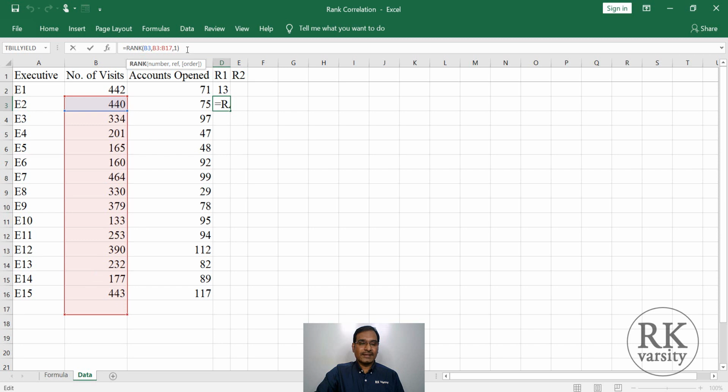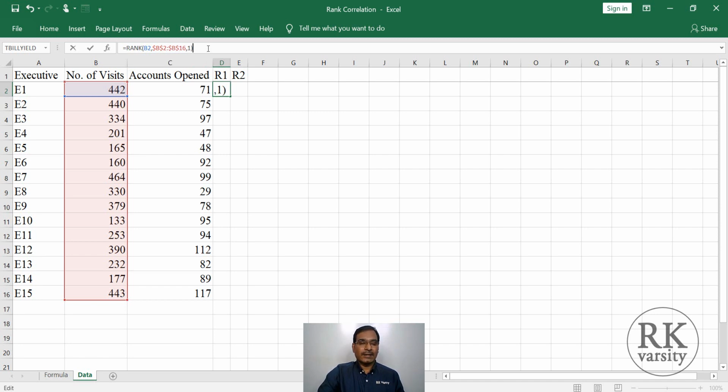So to make this, what you need to do is, when you write the formula here in a range or in a reference, enter a dollar symbol in front of the column name and row number. Similarly, column name and row number.